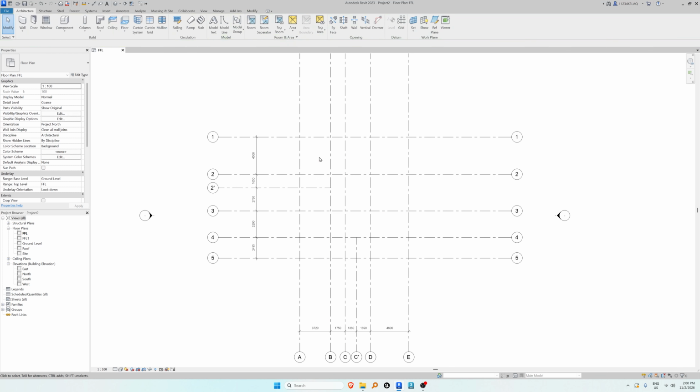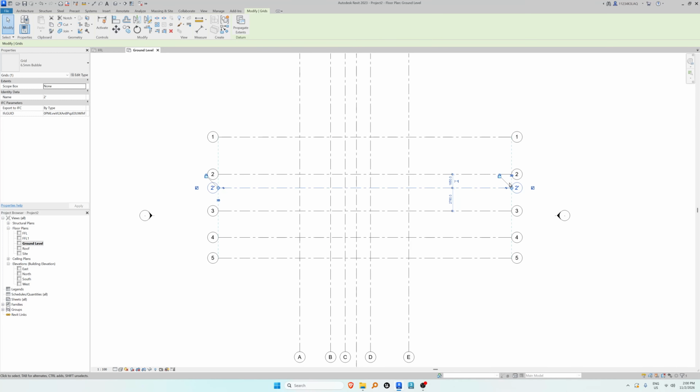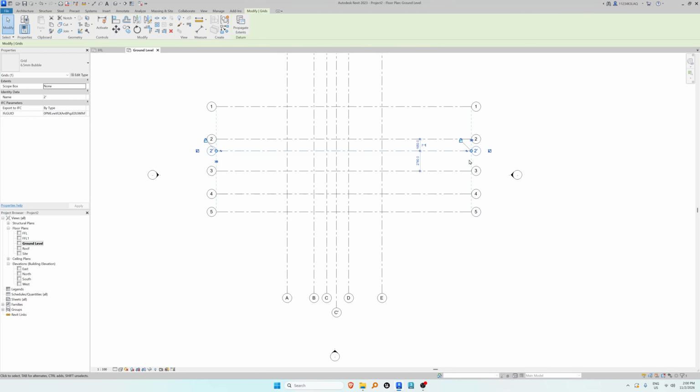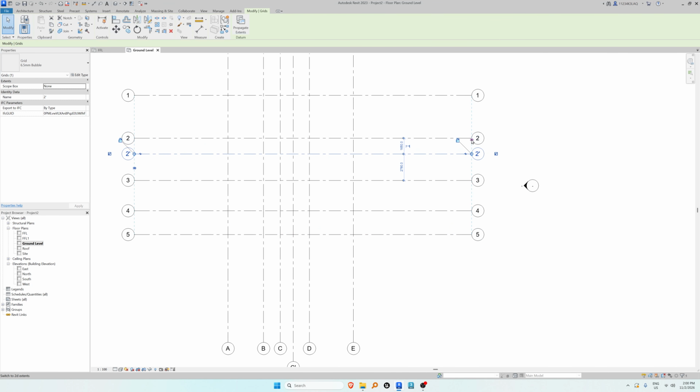Again, escape a few times. Go to your ground level. Right, so on your ground level, you can see they are all quite far. So we will do the same, only this time, only adjust the ones that are the extra ones. So these 2 dash that you had. If you pick this one, change to 2D,